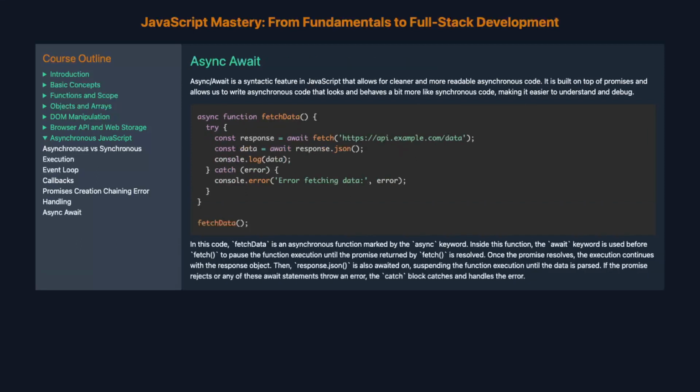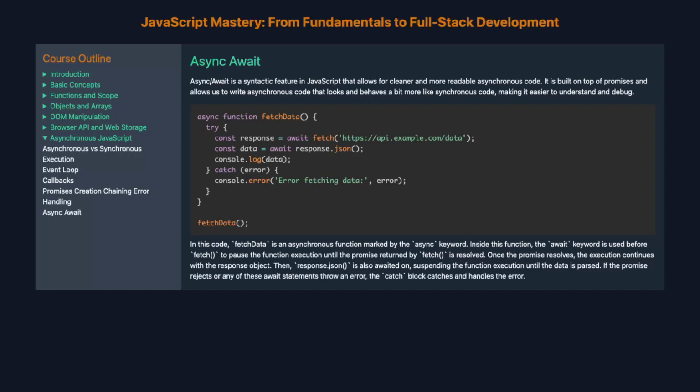Async await. Async await is a syntactic feature in JavaScript that allows for cleaner and more readable asynchronous code. It is built on top of promises and allows us to write asynchronous code that looks and behaves a bit more like synchronous code, making it easier to understand and debug. In this code,